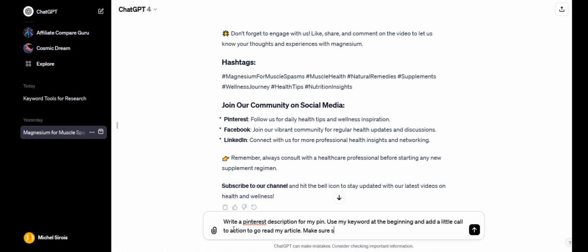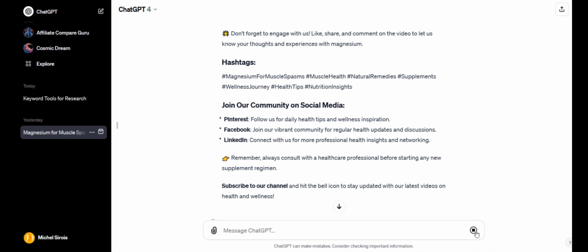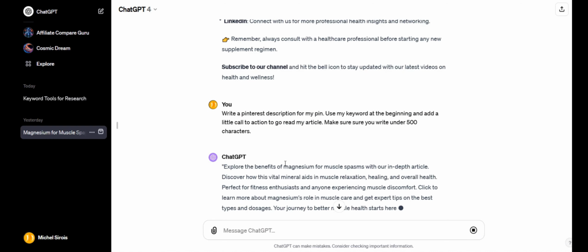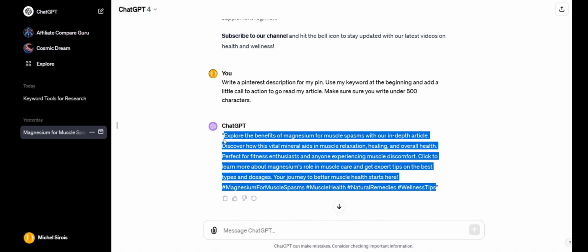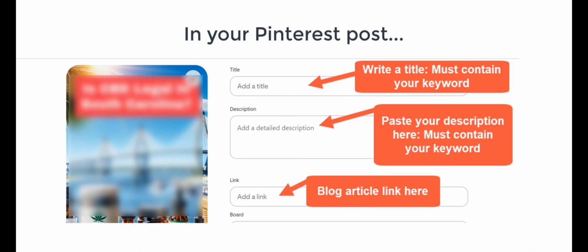Make sure you write it under 500 characters, because on Pinterest you're allowed 500 characters. So let's go. So here's my keyword. So I grab whatever's between the quotes, and this is the text that I'm going to go and paste in my